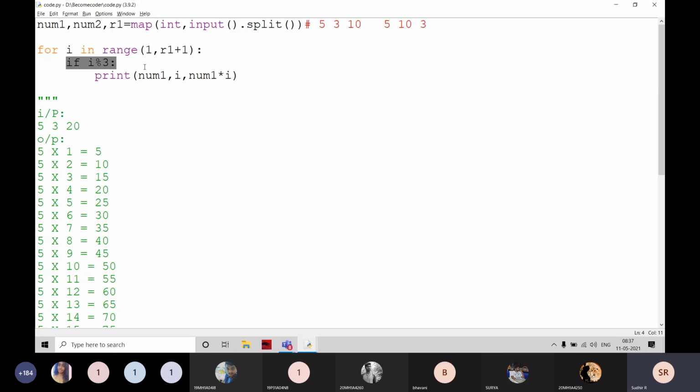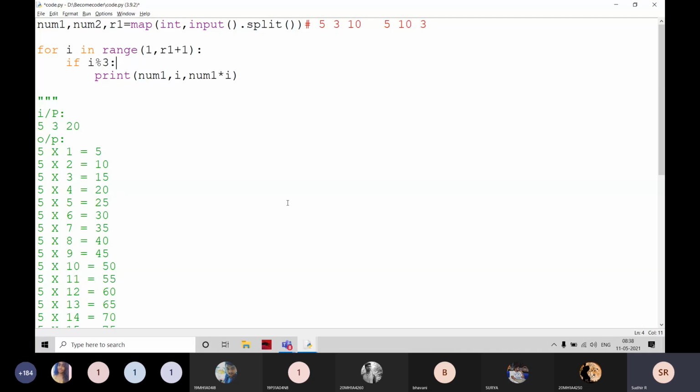If I write like that, if I mod 3, I mod 3 means the number which is not divisible by 3 automatically. Why? Because for example, the number is 5. 5 mod 3. What is the value here? 5 mod 3 is 2, right? Then any positive number or negative number indicates a true value, right? For example, 6 here. 6 mod 3 is 0. If it is 0, that is going to be false.